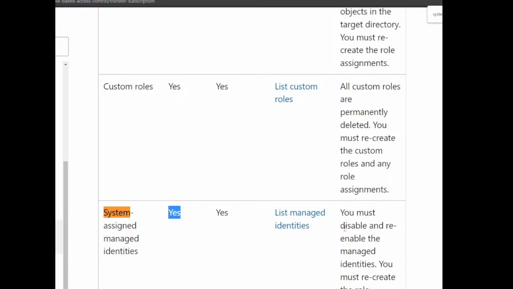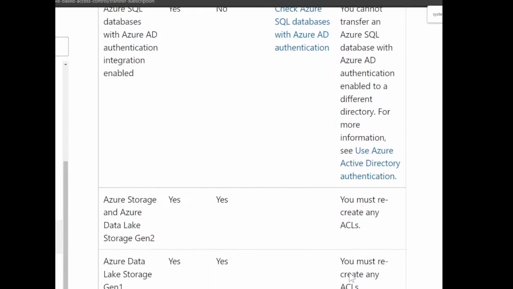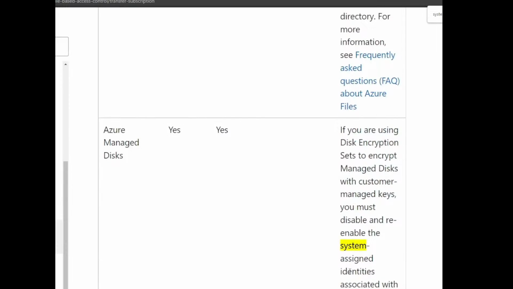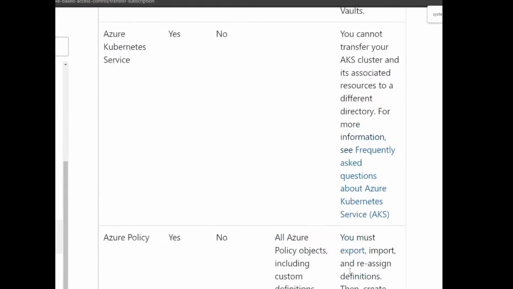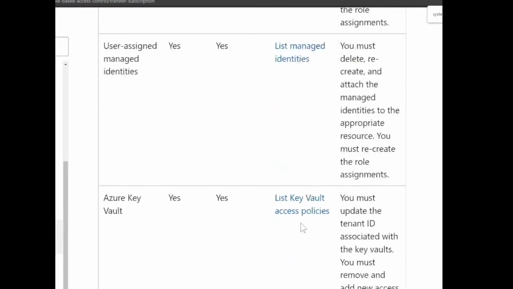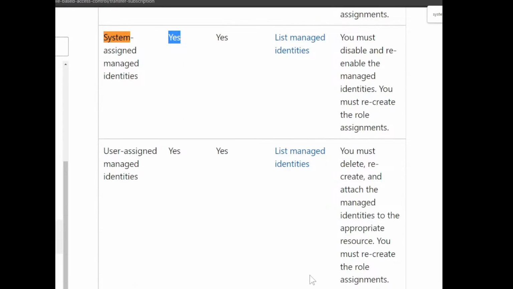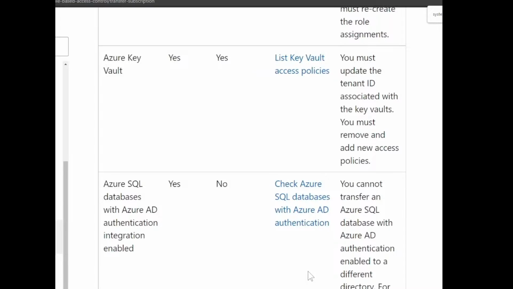Pero, you must disable and re-enable the managed identities. I-enable, re-enable lang. You cannot transfer your AKS cluster. Impacted. Ano ba isa? Recoverable. Yes, yes. Recoverable. Ito, no.